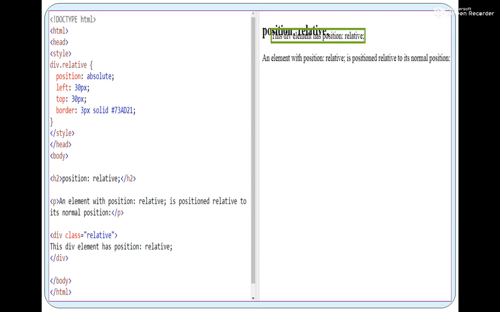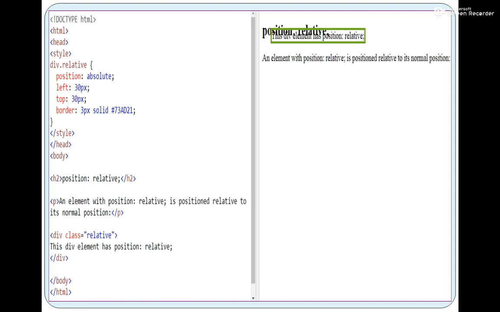So we saw different types of positioning. Which ones? Static, fixed, absolute, relative. Static is the default, right? So you don't need to mention it. And for static you cannot use top, left, bottom and right properties. Why? Because it doesn't affect. Then second what we saw was fixed. Whichever element you decide as a fixed position, that element will not move even though you have scrolled the page, right? We had seen that.